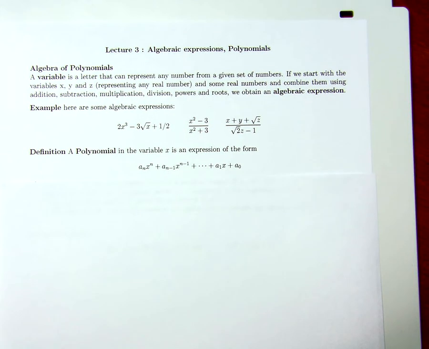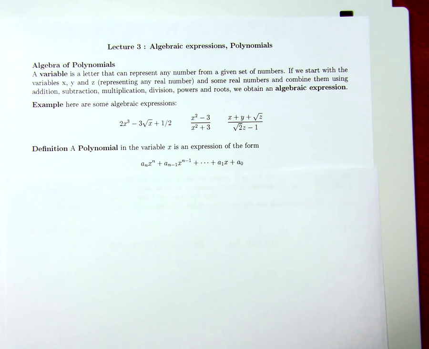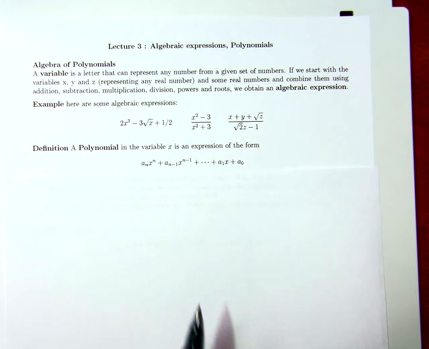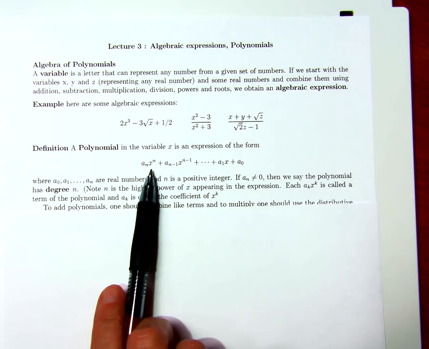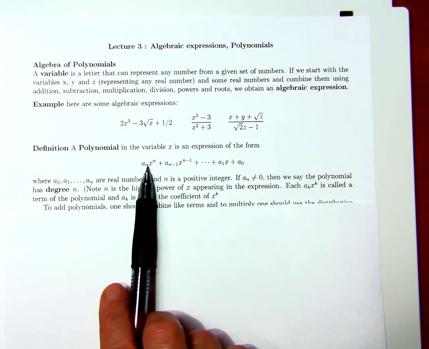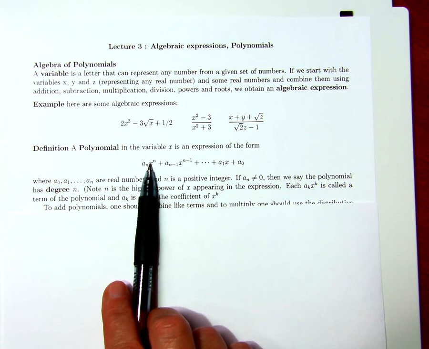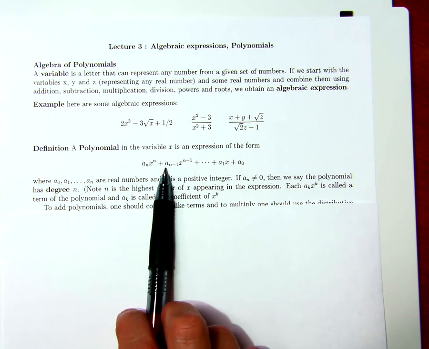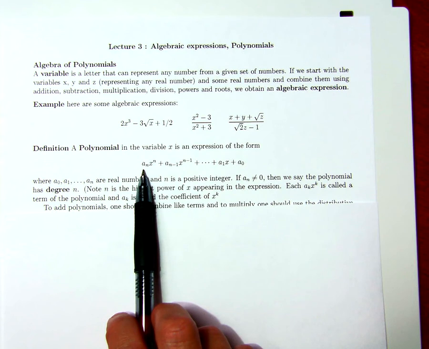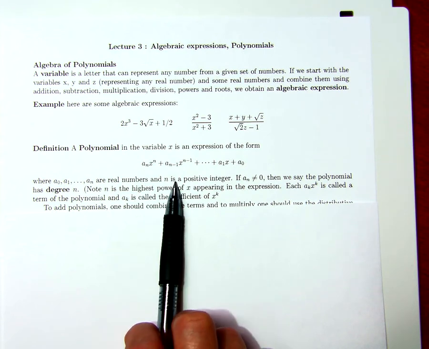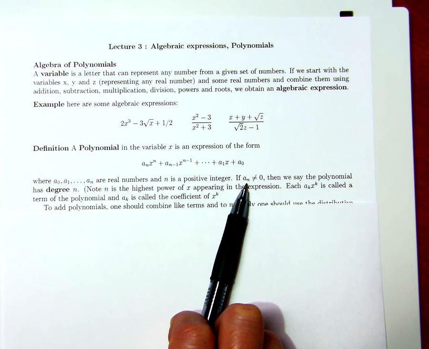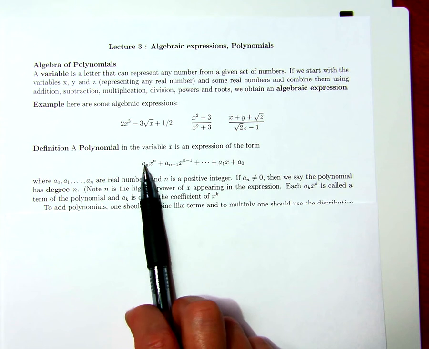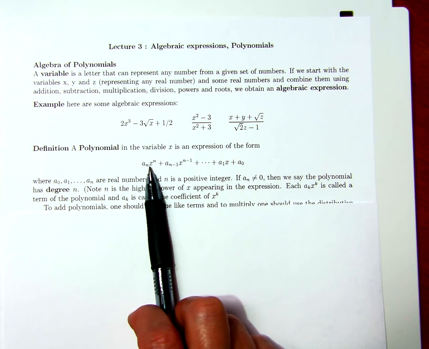A polynomial is a particular type of algebraic expression. It looks like this. It's a linear combination of powers of x, and the highest power to appear here with a non-zero coefficient is the degree of the polynomial. So here a0, a1, all the way up to an are real numbers. N is some positive integer, and if an is non-zero, then n is the highest power of x appearing in this expression, and that's the